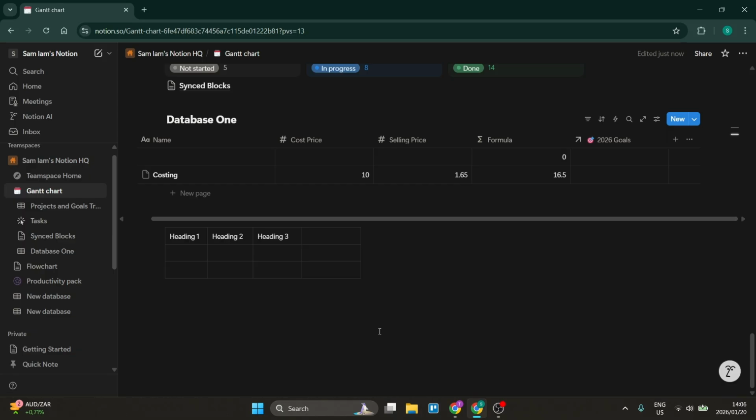Today I'm going to show you how to set up buttons in Notion. Setting up buttons is really quick and easy in Notion. What you want to do is go into any one of your pages, any one of your documents in your